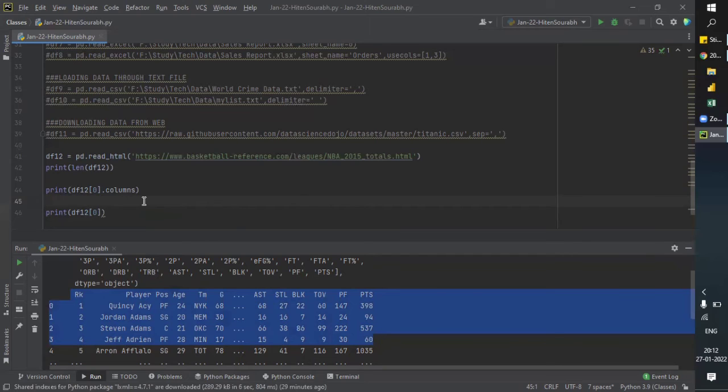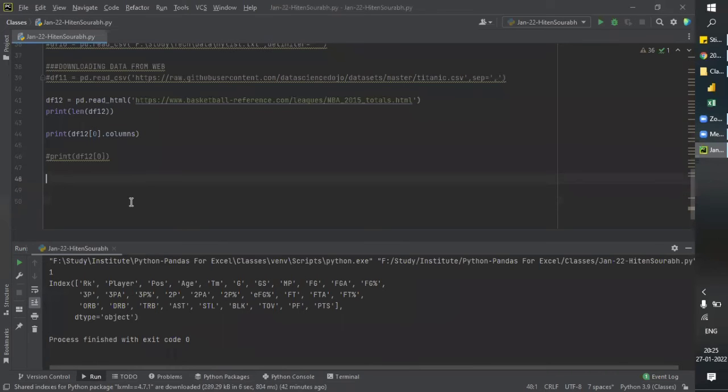Now let's go and try to save the same content in Excel. To store the output of the web data, we first need to store this df variable into a data frame.